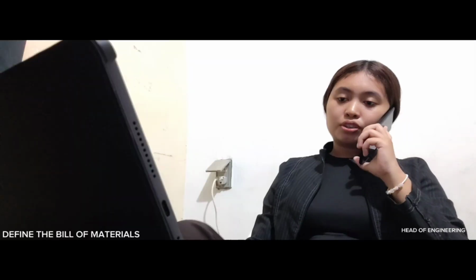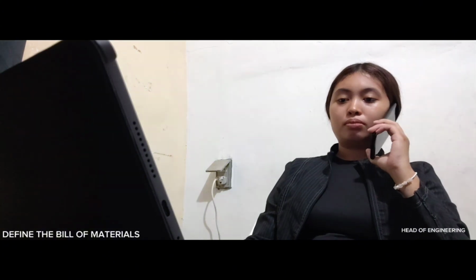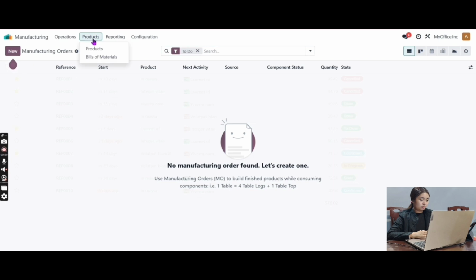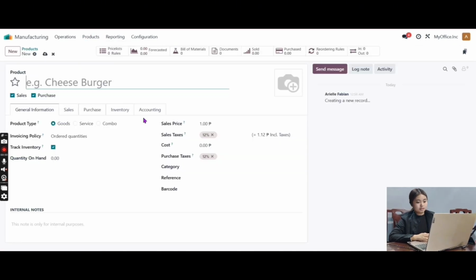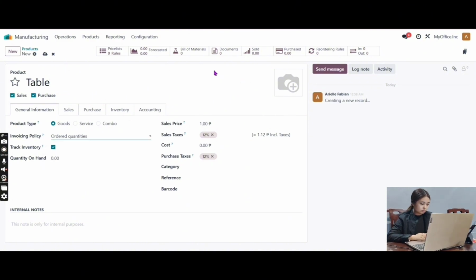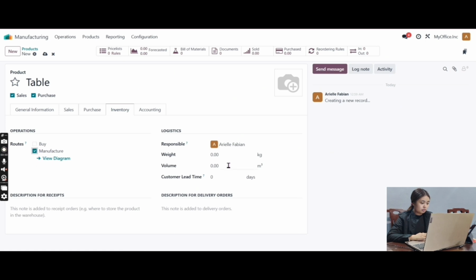Hi, we just finished the plans to manufacture the new table. Can you review them? Looks good. I'll create the 4 products in the system, as well as the bill of materials, according to your plan. Go to manufacturing, click products, select products, and click new, and then type table, and then click ordered quantities and invoicing policy, and then select the sales price into 330 pesos and the cost is 115 pesos, and click inventory, and then select manufacturer